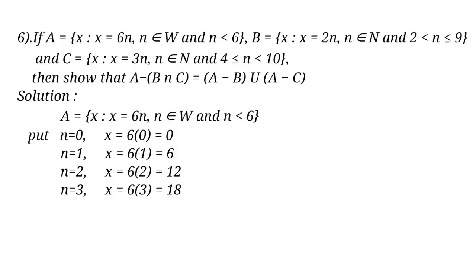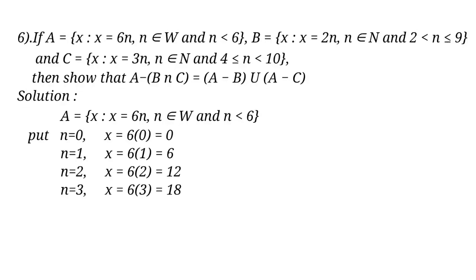Students, today we are going to see continuity of exercise 1.5. We know the distributive property and De Morgan's laws. First one, distributive property: A intersection (B union C) is equal to (A intersection B) union (A intersection C). Second one: A union (B intersection C) is equal to (A union B) intersection (A union C).